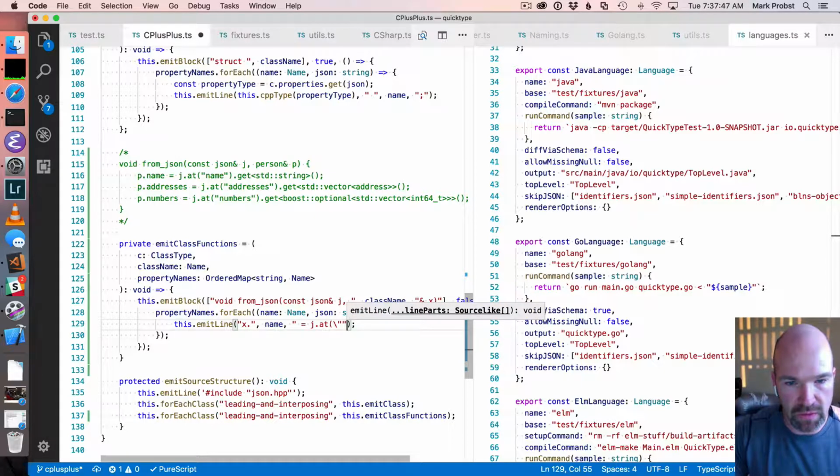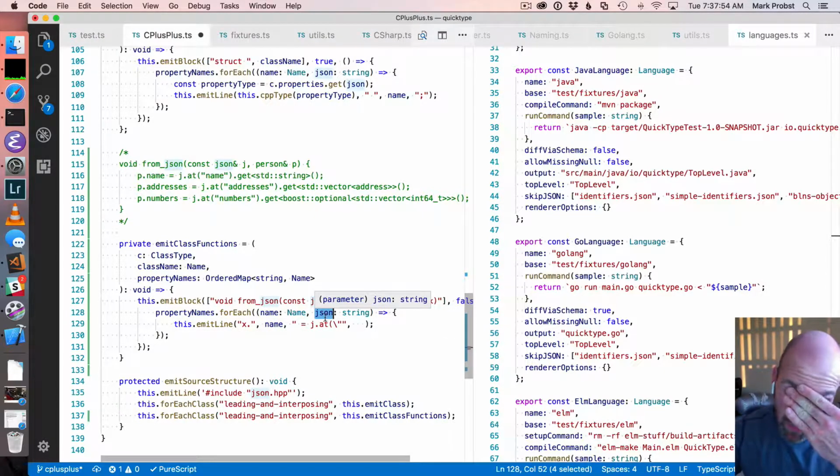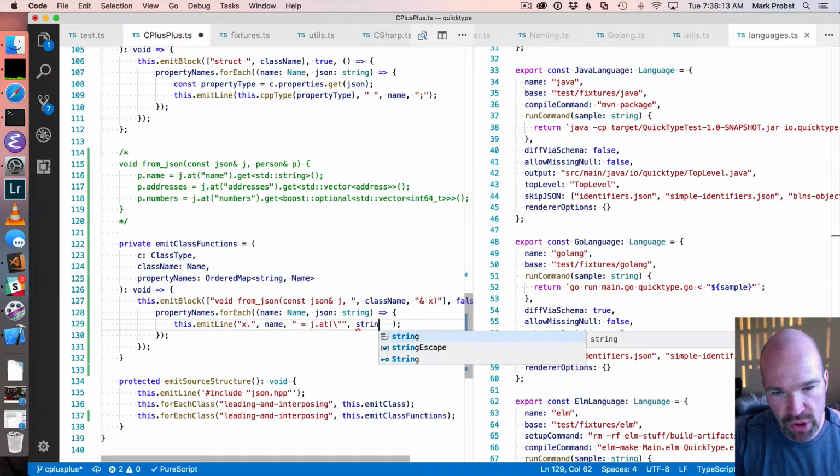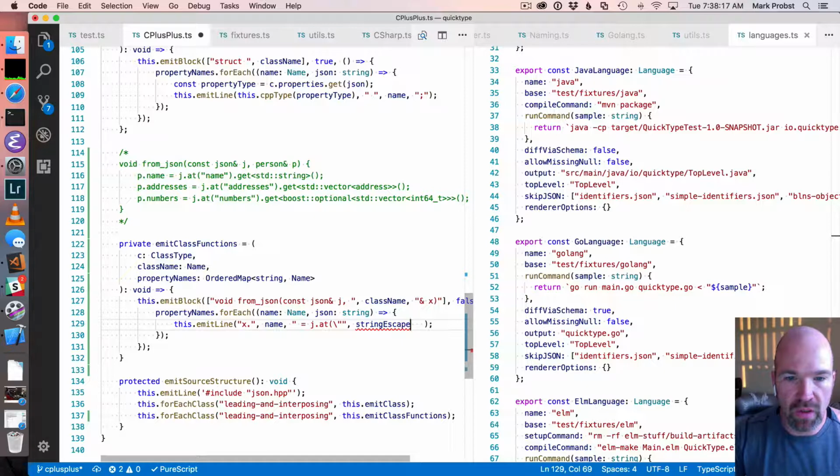open quote. And here now we need the JSON. However, this JSON might contain lots of weird characters. It might contain quotes, like double quotes themselves, or it might contain new lines. It might contain whatever. But fortunately, we have a function called string escape, which handles most of that